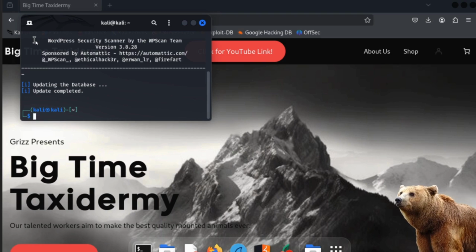We can do this by running wpscan, followed by the URL we're trying to attack. Again, this may be different depending on when you're seeing this. We may have added a domain for it, but right now mine is this IP. It'll most likely be bigtimetaxidermy.com, but for now it is this IP. And then enumerate, which means to go find,